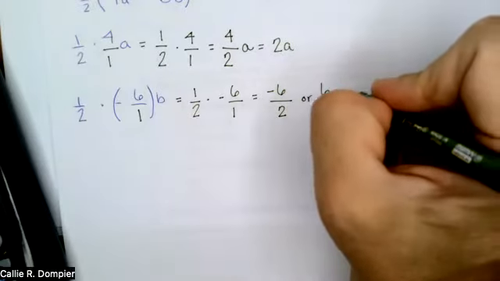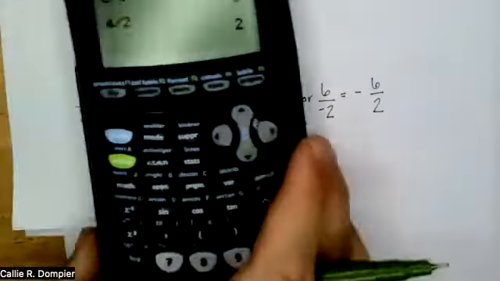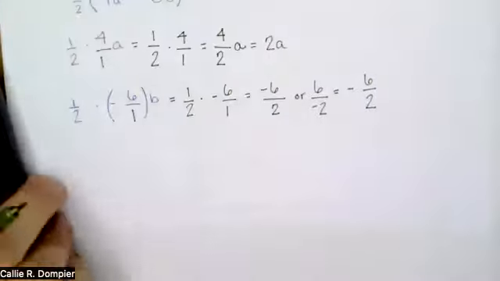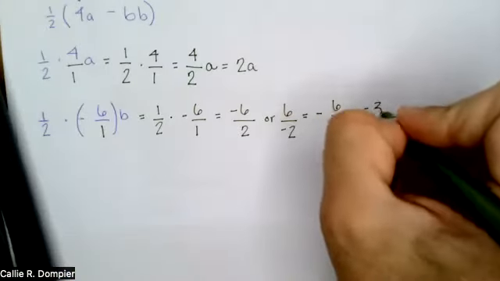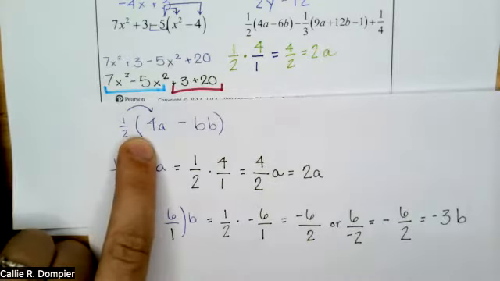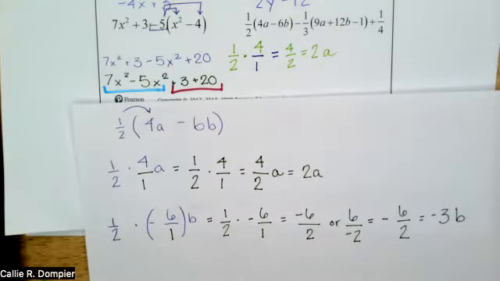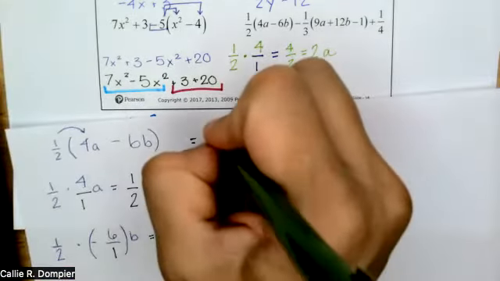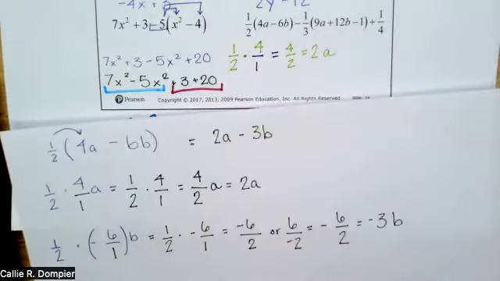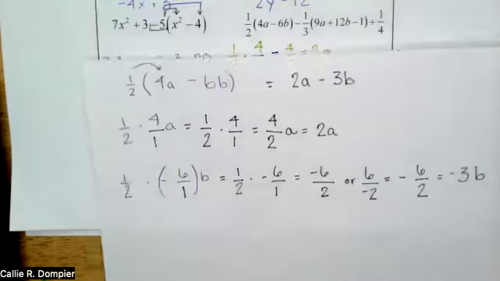It equals -6/2, right? And again, we can divide. 6 divided by 2 is 3, so it's actually a -3. And then I just bring that b back. So 1/2 of 4a is 2a. 1/2 of -6b is -3b. So that becomes 2a minus 3b. Good. The next part of the equation was